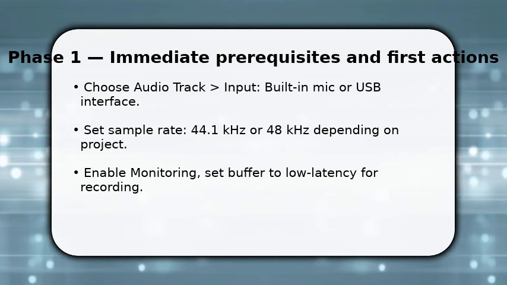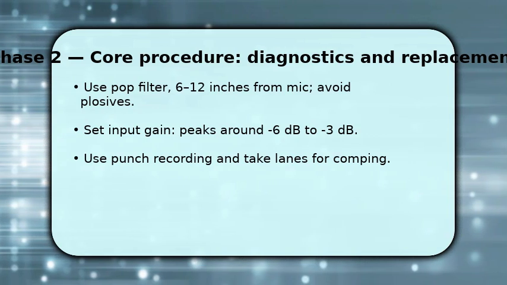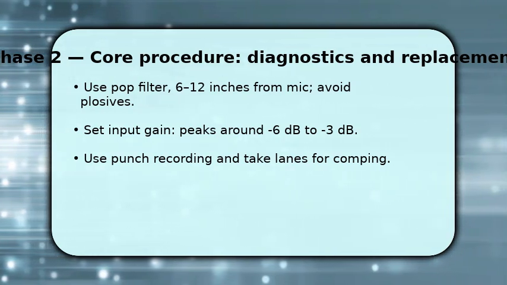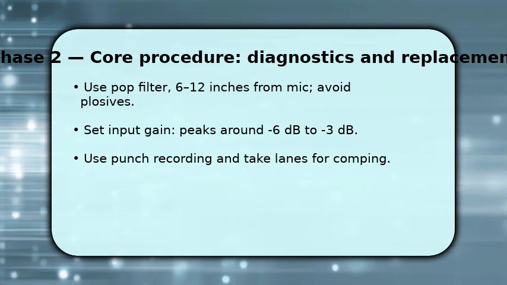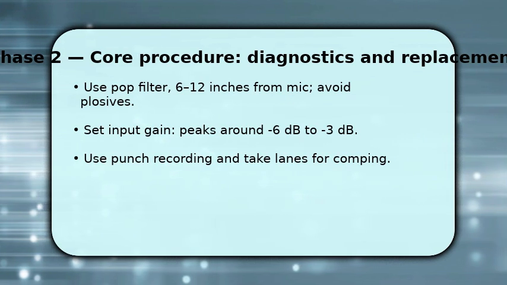Now dial in performance technique and levels so recordings are usable. Place a pop filter about 6 to 12 inches from the mic to reduce plosives. Position yourself consistently. Adjust the interface gain so peaks land around -6 to -3 dB, because headroom prevents clipping while